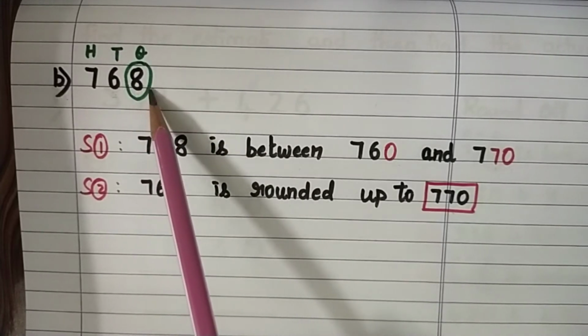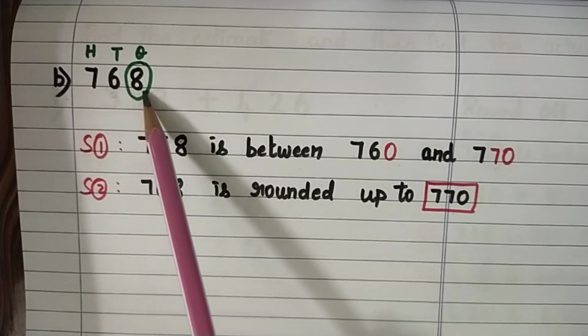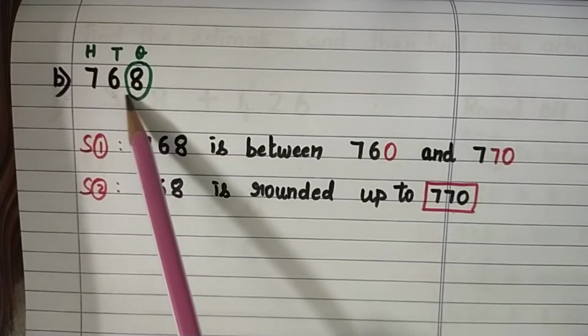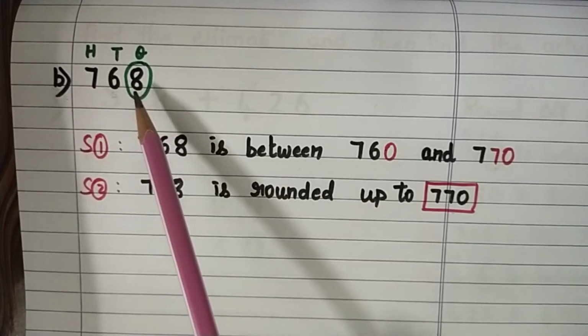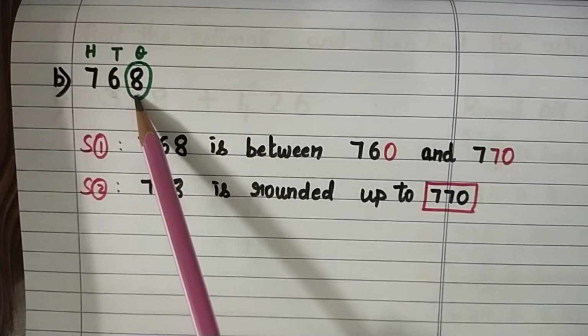Why are we circling here? Because our focus should be given to the right place of the tens place. So the right place of the tens place is an 8. So circle the ones place, children. Yes. Is 8 a strong number or weak number? Yes, you all know that 8 is a strong number.